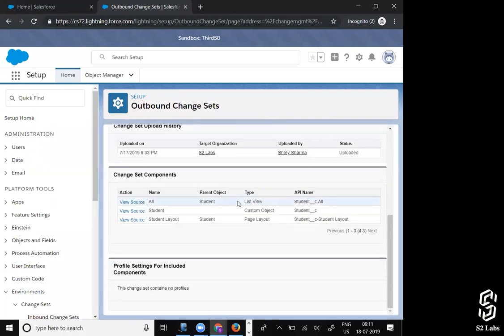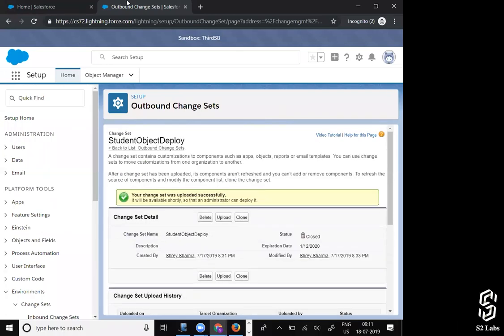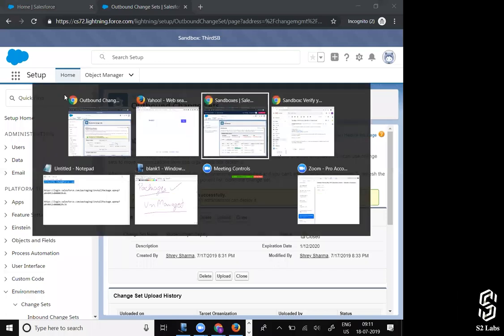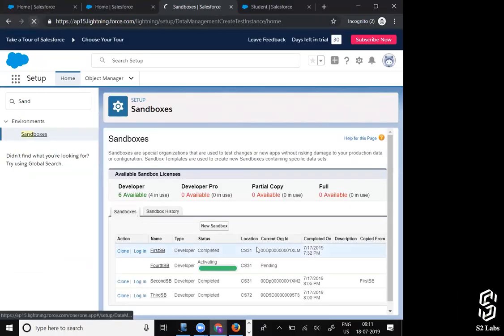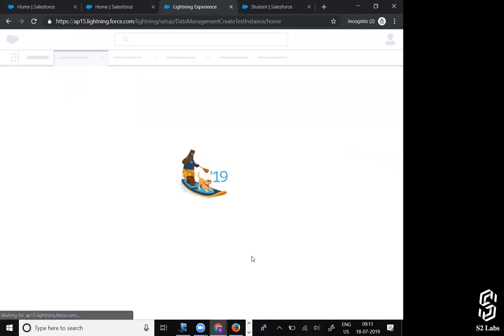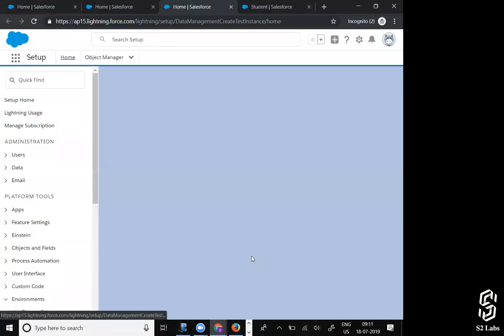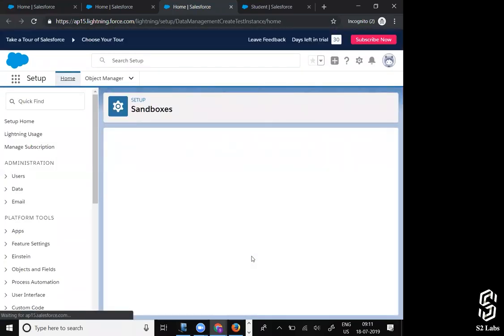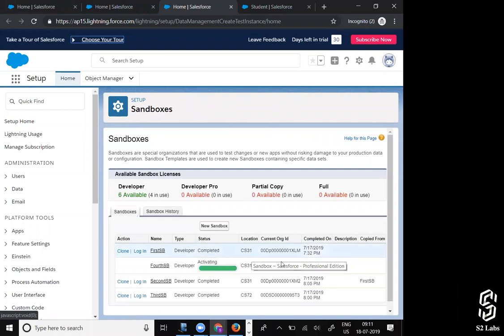Okay, so this is the outbound change set. Let's see how much time it's going to take to activate it. Still pending.